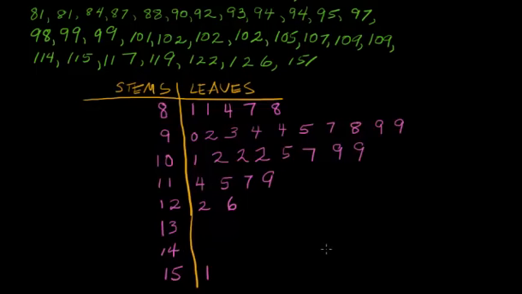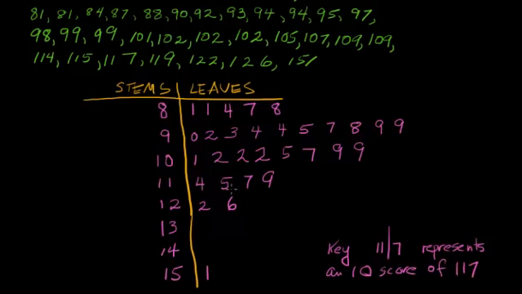And so it's also helpful to provide a key for someone who would be looking at this data. So over here I'm going to make a little key and say that, just pick a value, when you see this, an 11 on one side and a 7 on the other, what you're seeing would represent an IQ score of 117. So that makes it really clear for anybody looking at my stem and leaf plot what my values actually are,